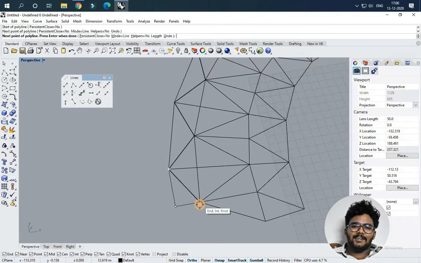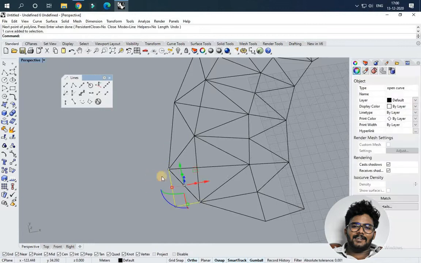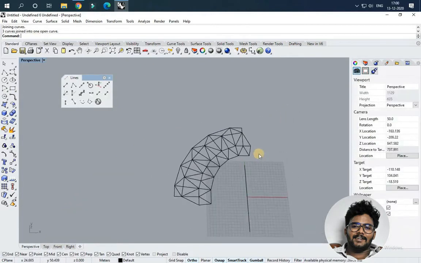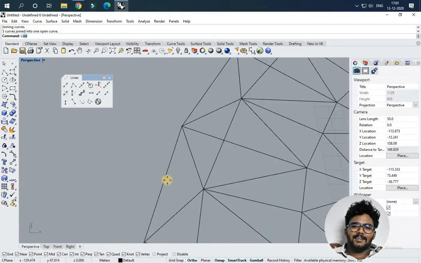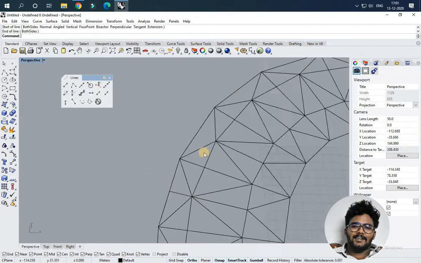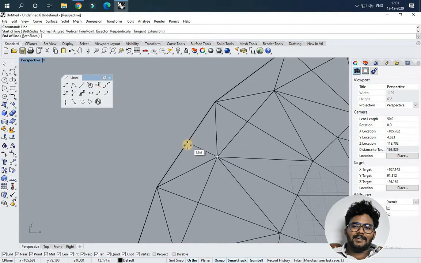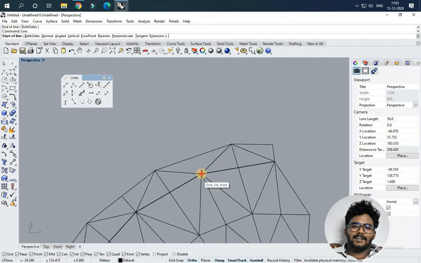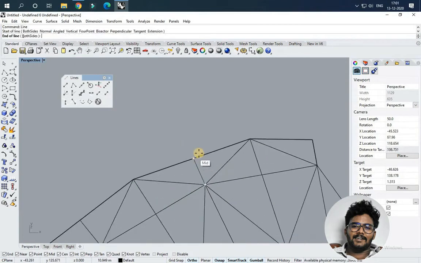So I'm snapping it. When you join a perpendicular line, it will meet. So I'm joining like that and using the join command. Now I'm going to use the line command and join these lines that are perpendicular. I'm saying this because if you make a mistake in this, then the model will be messy. Then you should repeat the technique from the first. I'm just giving a warning, okay?